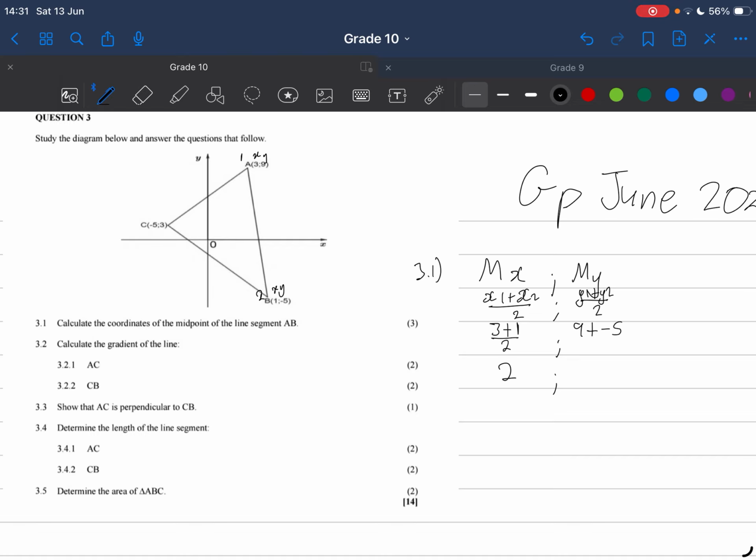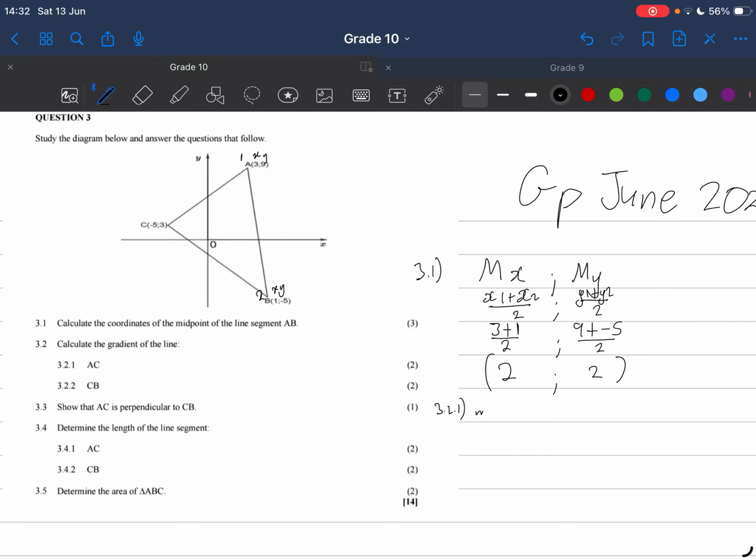be -5 over 2. 9 minus 5 is going to be 4. 4 divided by 2 is going to be 2 again. So the coordinates of the midpoint of line segment AB is going to be 2 and 2. Alright, so that's straightforward. It's 2 and 2. The next one is